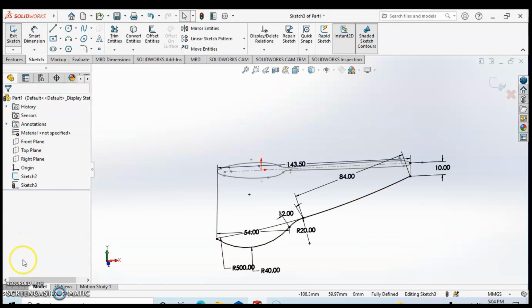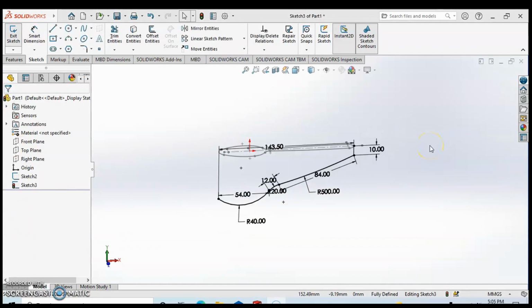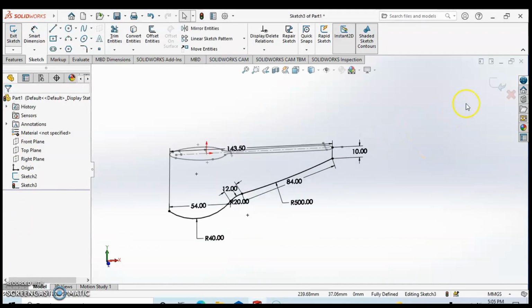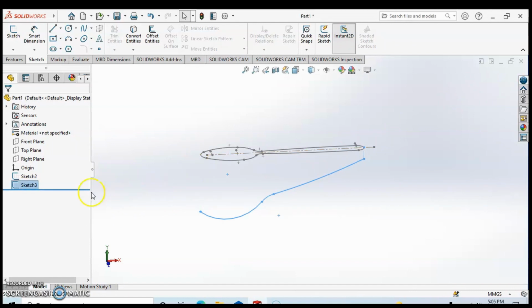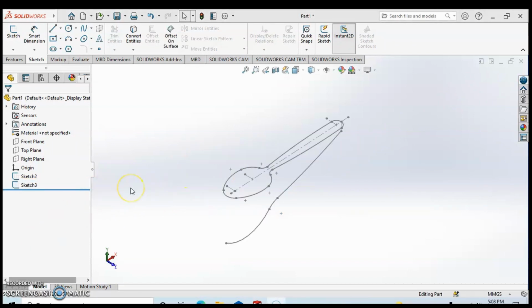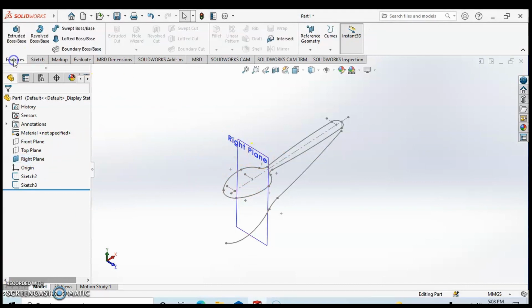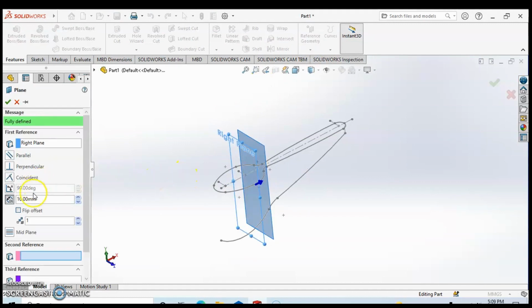Then check it, and after that we're going to exit, and now we're going to make some planes here. So select this right plane and then show. So this is our first plane. Next, go to features and then select reference geometry and plane, and then next we're going to change the